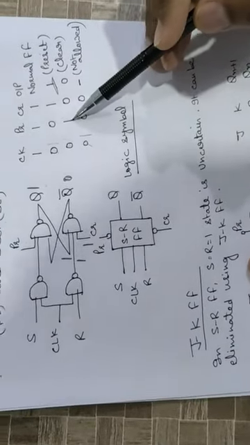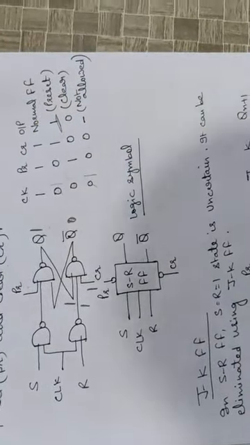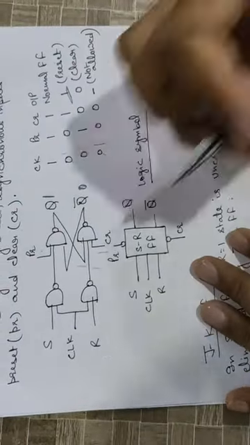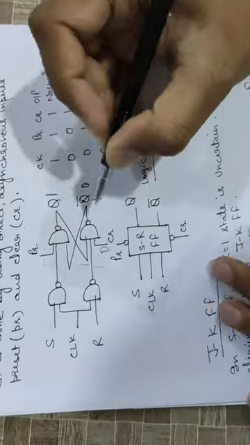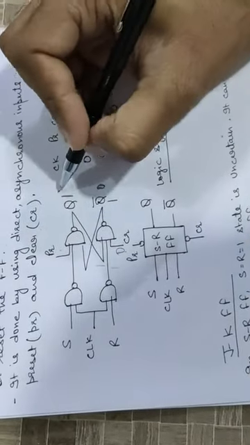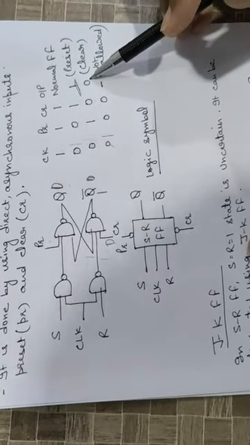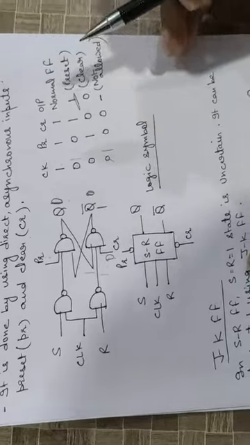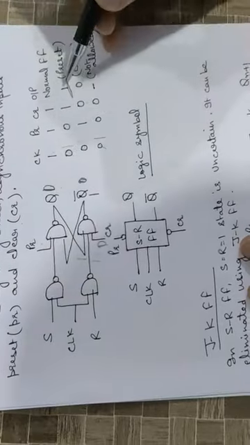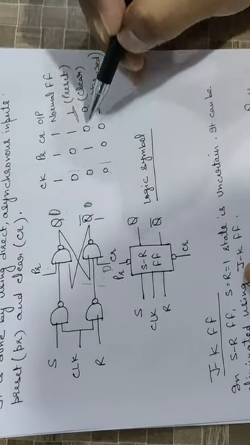The second case is if I give the value of preset as 1 and clear as 0. So this is 1, this is 0. How will it work? As the value of clear is 0, the output will be 1. This value is 0, so this value is 1. Now it goes as input here and this value is again 1. If all three inputs are 1, I get the output as 0. So for preset 1, clear 0, I get the output as 0. So if I want to set the output to 1, I use the case preset 0 and clear 1. And if I want the output to be 0, I take preset equal to 1 and clear equal to 0.